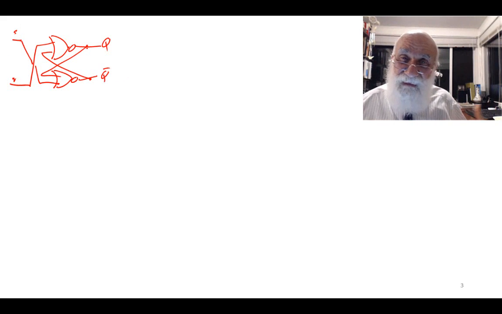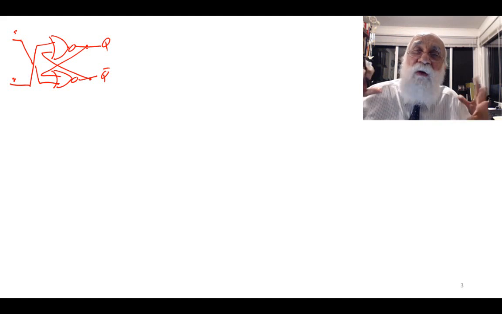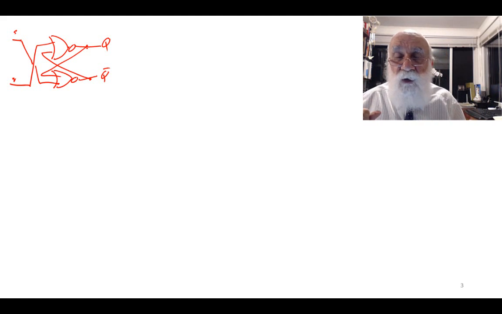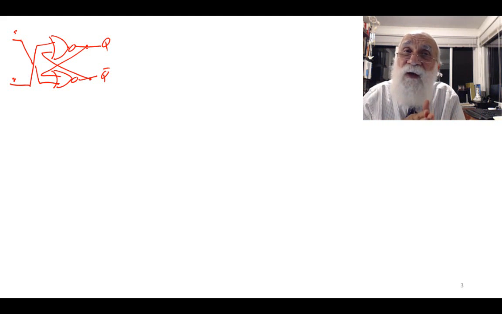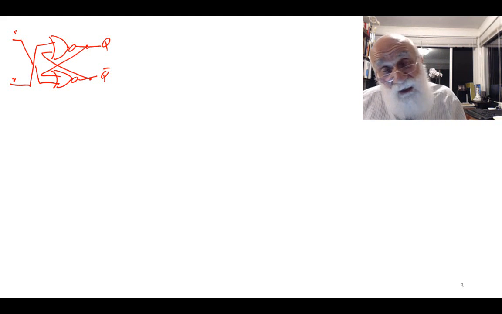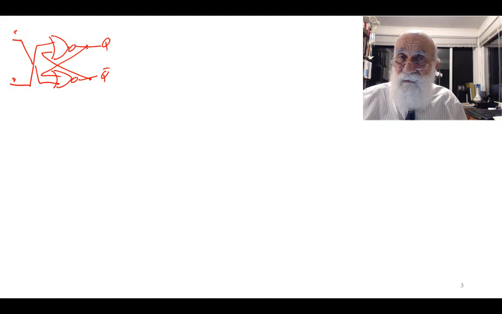Even though I claim that this is a memory element, it is a little bit difficult to convince you this is a memory element. Yeah, it does remember something. It does remember a pulse on S or a pulse on R. But it's far from what we like to call memory. What do we like to call memory? For one thing, when we want to call something a memory, we want to have timing involved. So we want to say, well, if set is 1 at the time such and such, I like